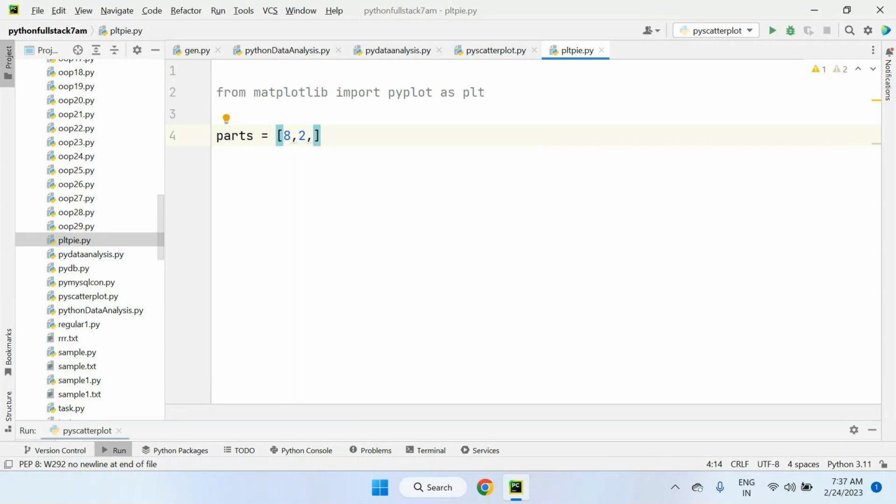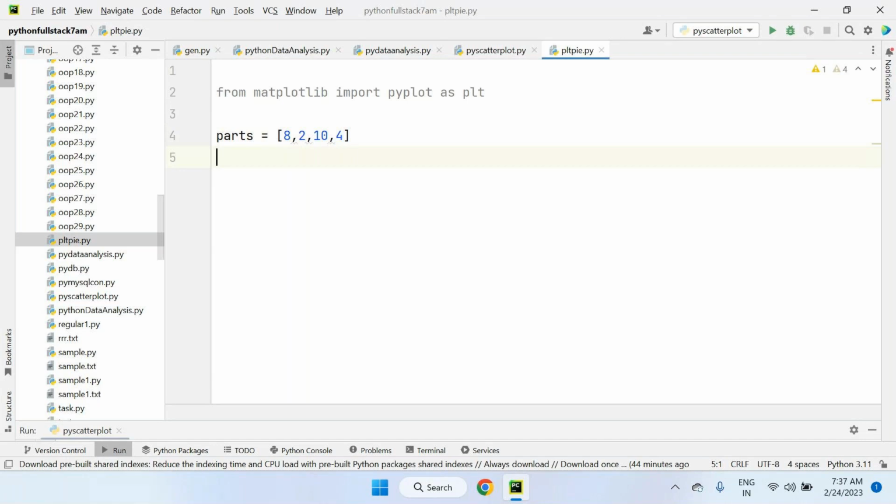These are proper values, because 8 plus 2 is 10, 10 plus 10 is 20, 20 plus 4 is 24. I'm going to calculate for 24 hours. Each and every part is going to represent some activity. So what are the activities? Just now I have shown activities like